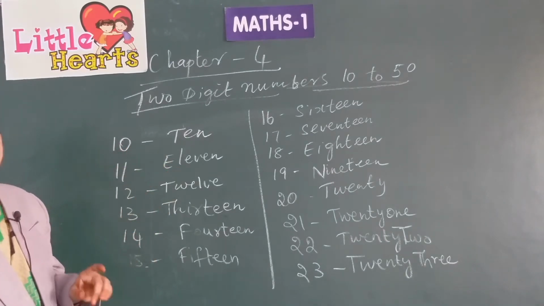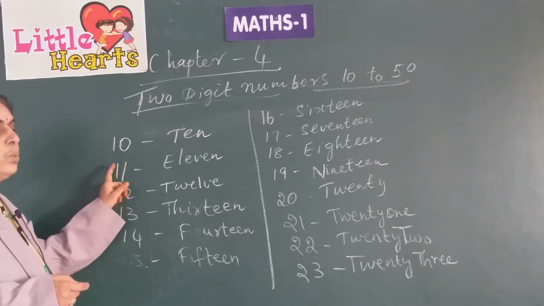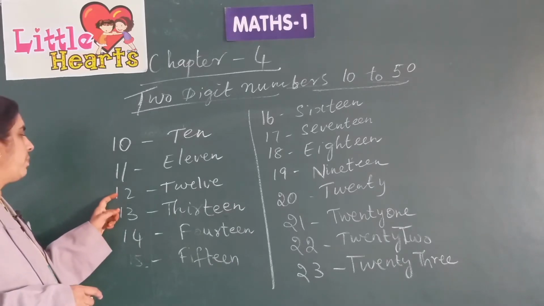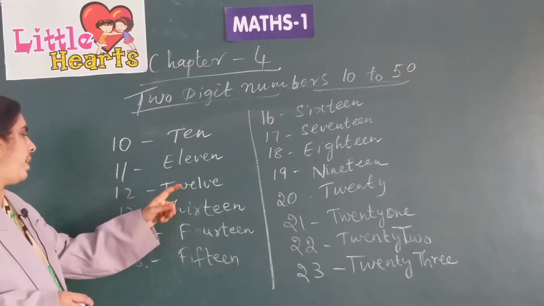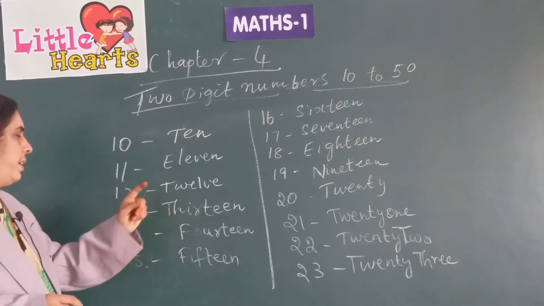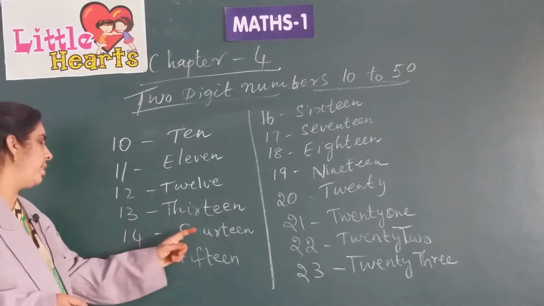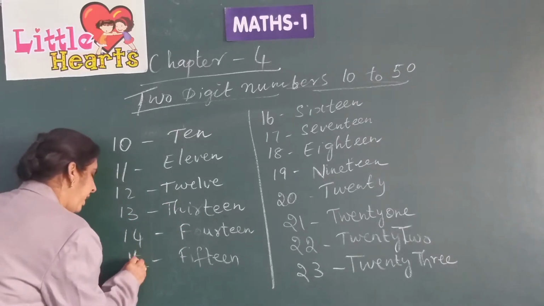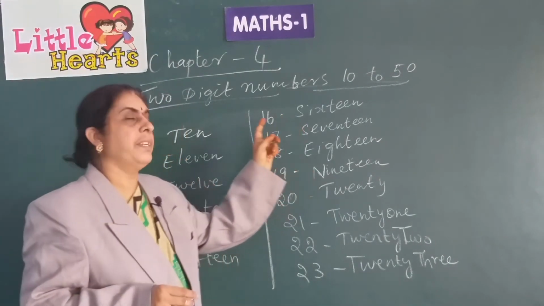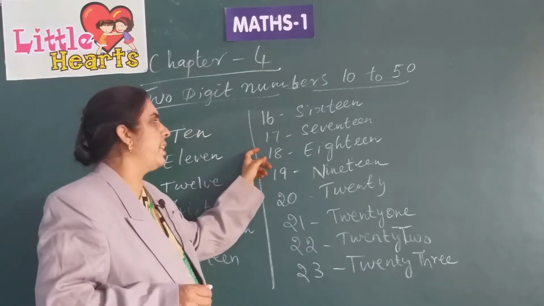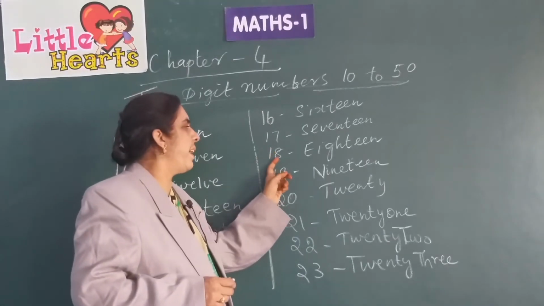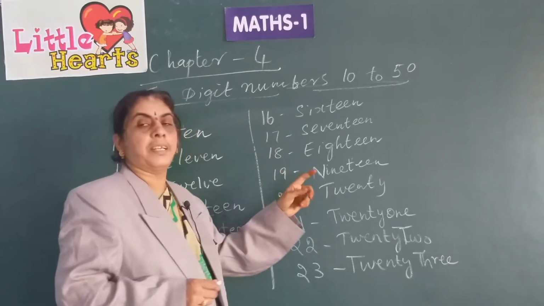11. 10 plus 1 is 11, and it is written as 2 ones side by side. 12. 10 plus 2 is 12. That is 1 next to 2. 13. 1 and 3. 10 plus 3 is 13. 10 plus 4 is 14. 1 and 4. 15. 10 plus 5, 15. 16. 10 plus 6, and it's written as 1 and 6. 17. 10 plus 7 is 17. 18. 10 plus 8. 19. 10 plus 9, that is 19.